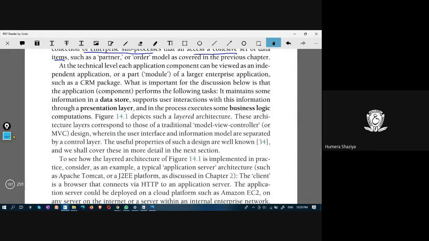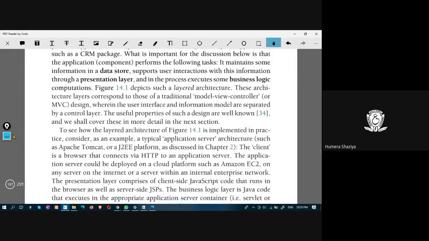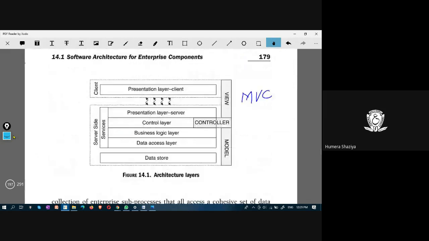All right, and this is known as a layered architecture. Because these are layered, the code has been segregated into these many layers. There is not one single program. If you have just one single program, it is known as a monolithic program, and there are no layers.